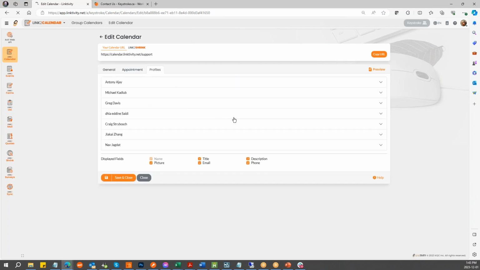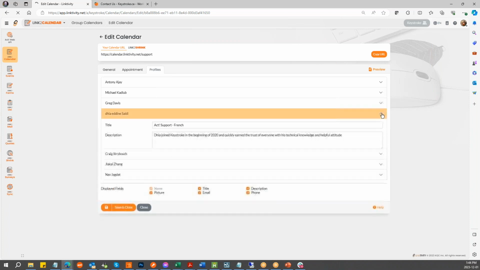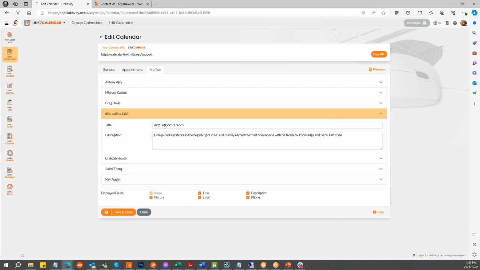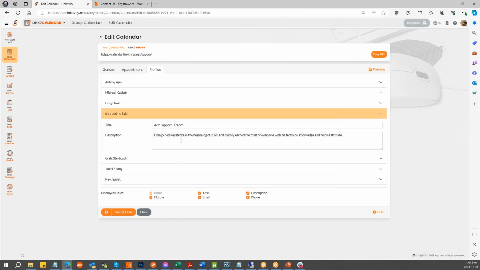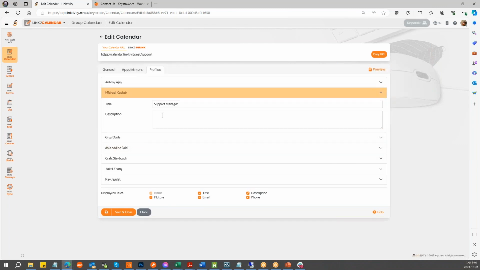And then what you can see here is you can see all the people that are participating in the groups. Now, why do I need to display them? Well, as you can see from Dia, I'm able to add that he speaks French. Okay, it finally saved. Okay, he speaks French. Okay, and I can add any specialties. If I go to Michael Cadlub, okay, support manager,